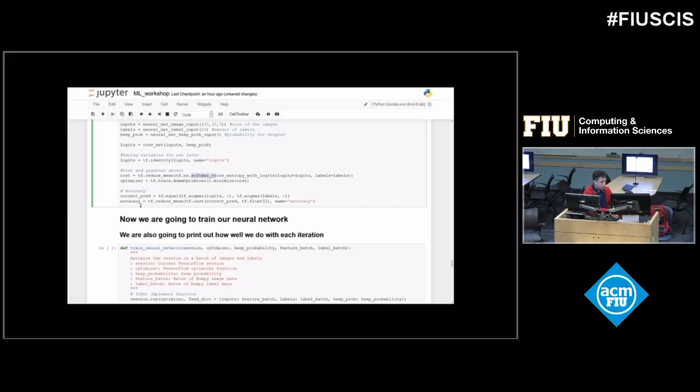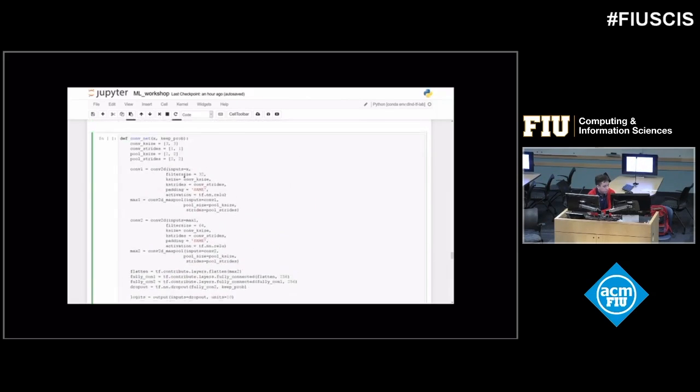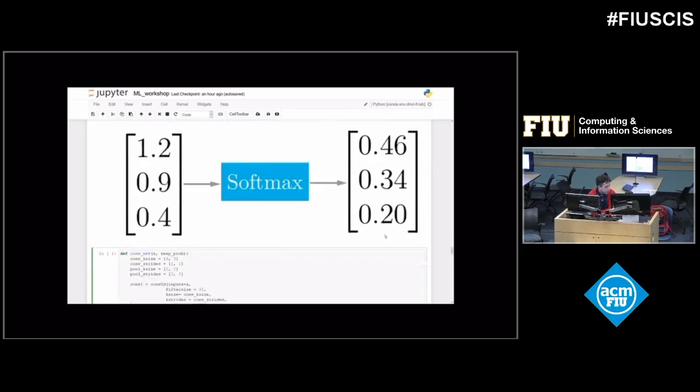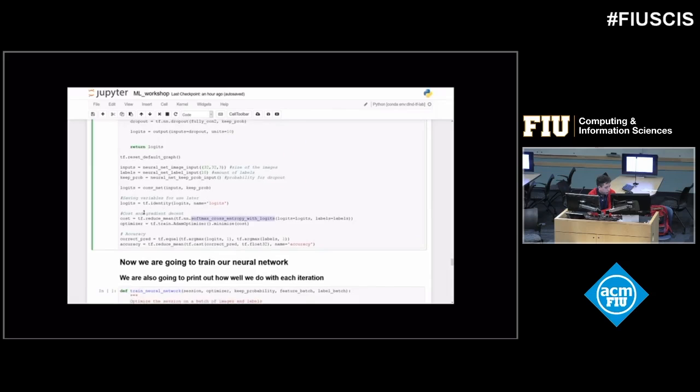I talked about how when we make a prediction, we're going to get a value like this. So I'm going to pass it through a softmax function so I can get a value of probabilities. And then I'm going to be taking the mean of how well I predicted. And then I'm going to be passing that through the stochastic gradient descent. Adam optimizer is a specific implementation of stochastic gradient descent.